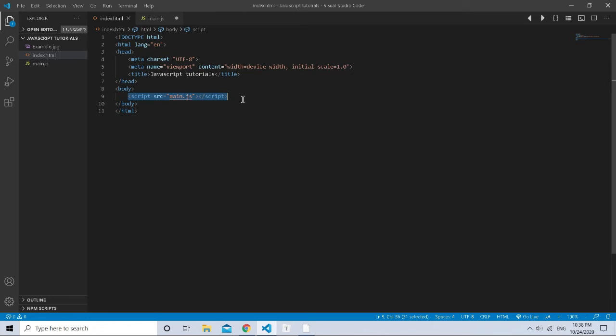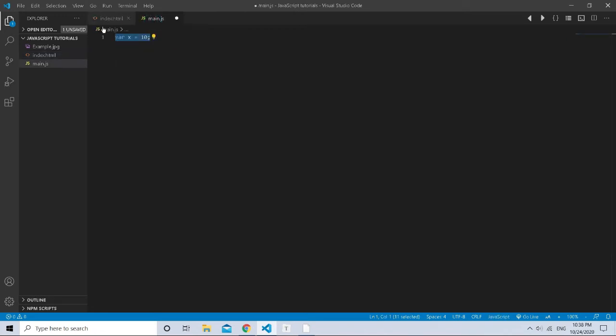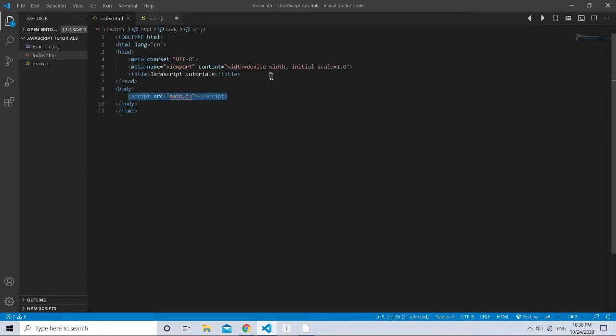So for this tutorial we are going to use the external script, which is a good practice by most developers. And to link it, as you can see, I have written this line of code here. So let's write it again so you can see it.